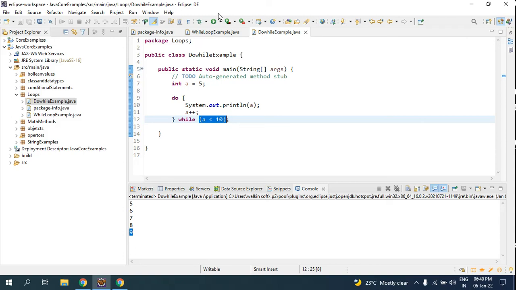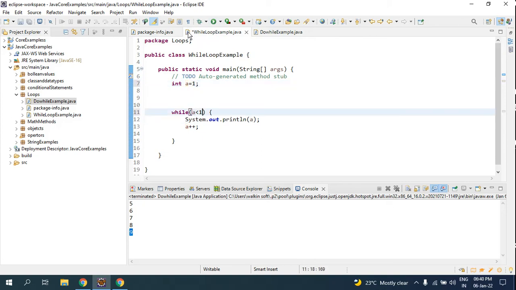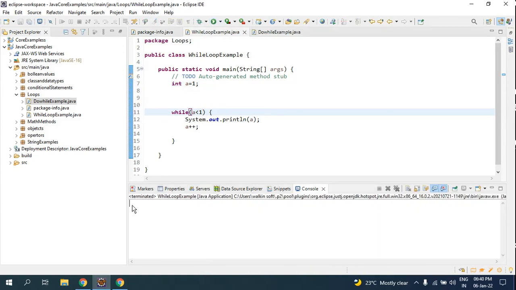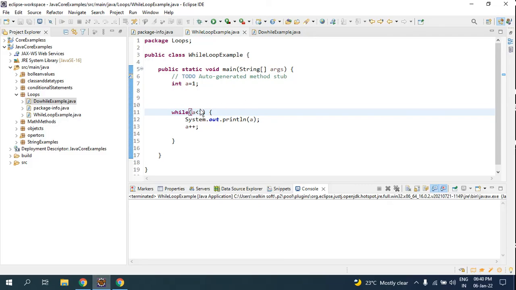Look here, if I assign the value 1, and I ask a less than 1, and I ask this to print the loop, you are not able to see any output here, right guys? Because the condition was checked: a is equal to 1, but 1 is not less than 1, right? So you have not got the output, so he got caught at the doorstep.